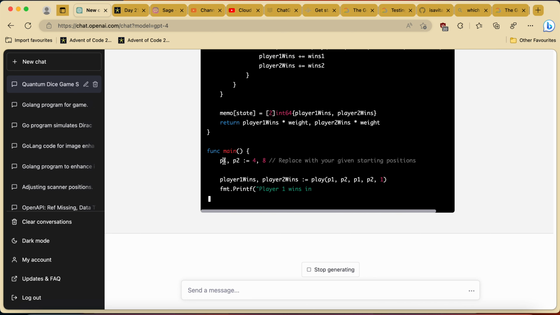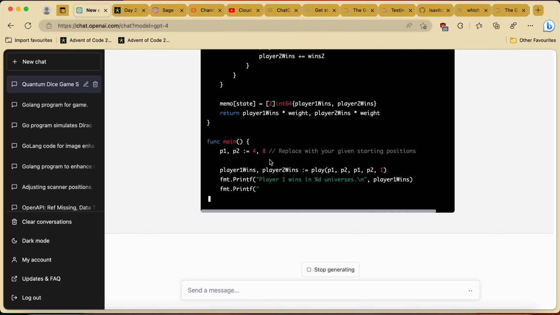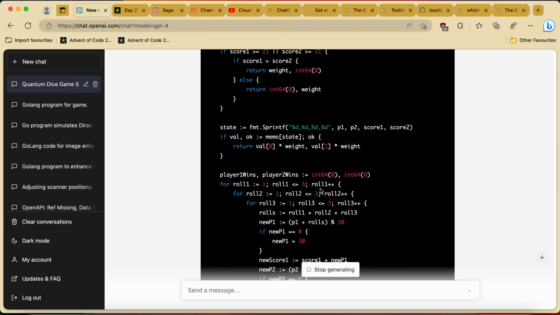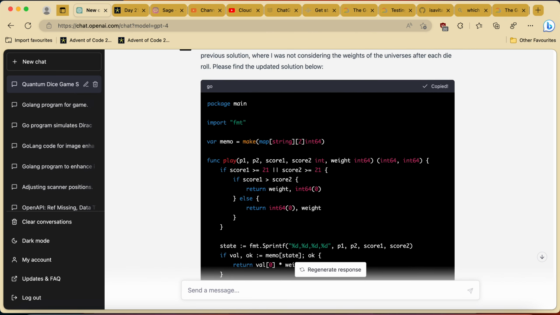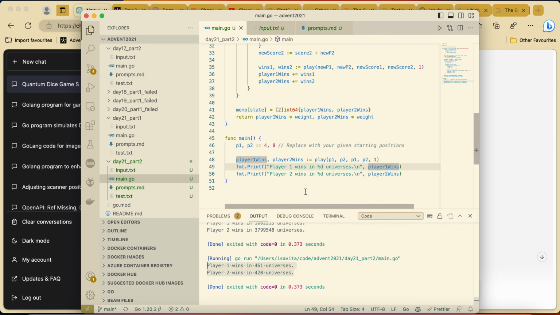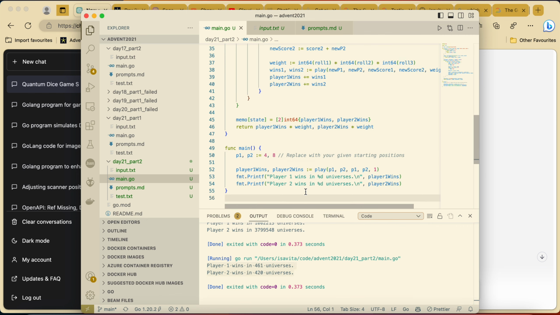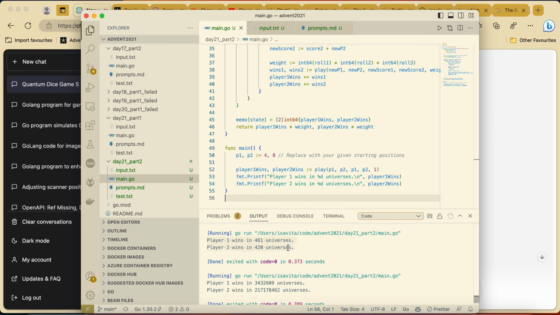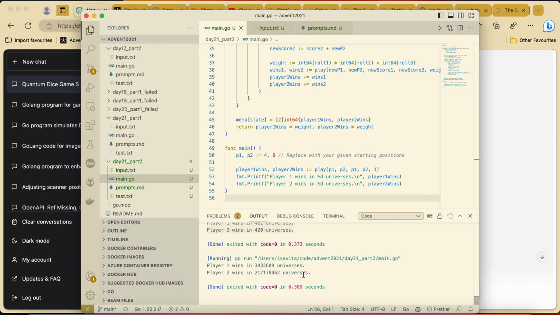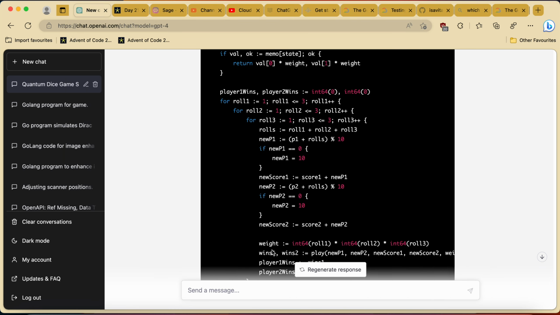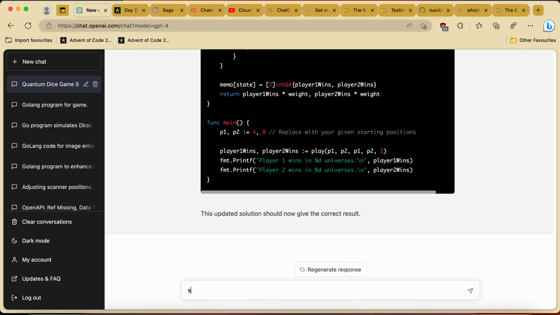I really like that it somehow evolved to have it hardcoded here. Which is very interesting. All that said, still I'm getting